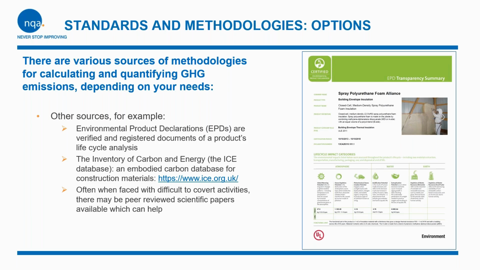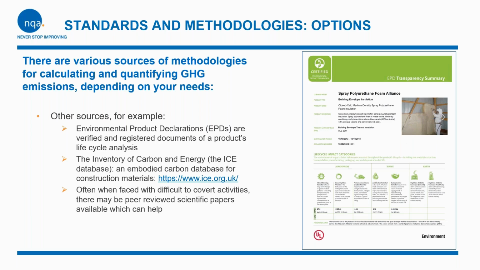The one that we can see there, for example, is for a building spray foam insulation, and these documents provide data on the carbon dioxide equivalent figure for the embodied carbon, in other words, the carbon that's been emitted as a result of the manufacturing process for that particular product. So EPDs are always a very good source of information when it comes to product-related greenhouse gas emissions and embodied